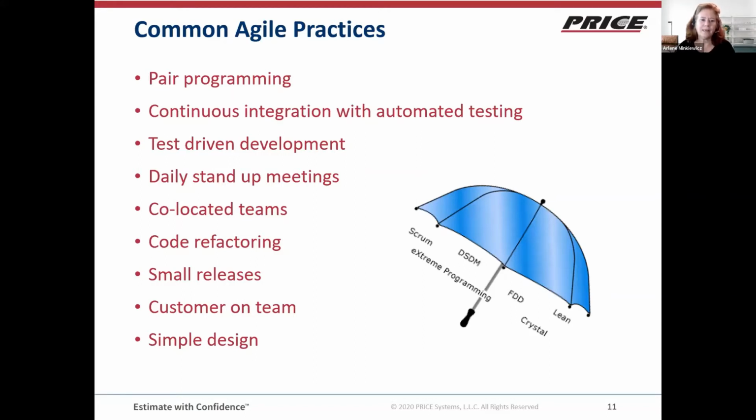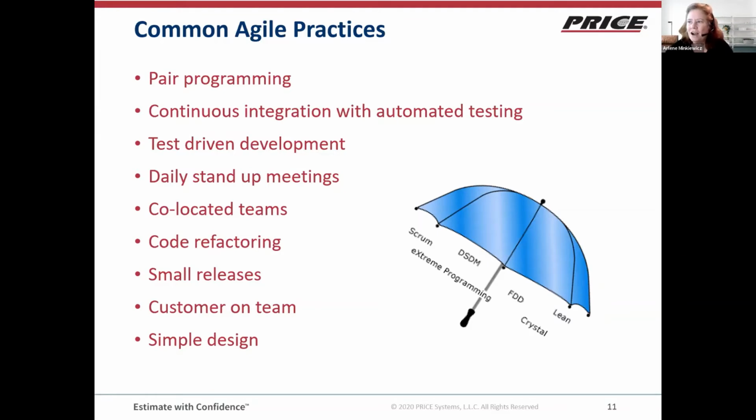It's quick and easy to find places where new code is breaking old code. Test-driven development: tests are built before code is developed, and enough code, but not any more, is developed to pass that test. Regular communication, daily stand-up meetings or daily